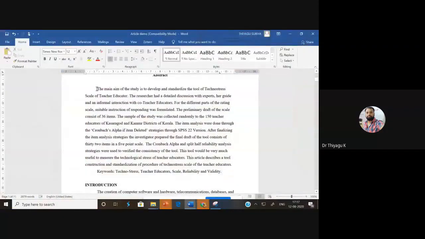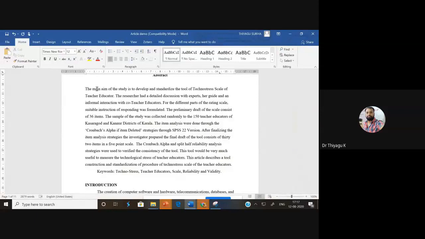Now see here, normally the file may start like this. Is it correct? The paragraph which I started, is it correct now? Can you type in the chat box? Is it the correct way I started? So the paragraph should go with 0.5 inches. Yes, so we can go with 5 spaces. The space 1, 2, 3, 4, 5 times you can give the spaces. That's one way. Otherwise, there is an indentation option.